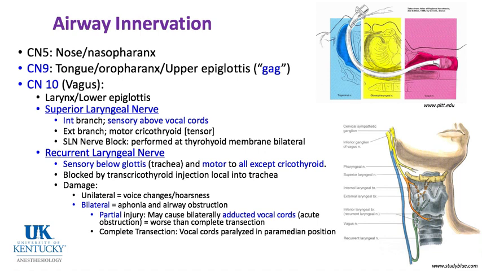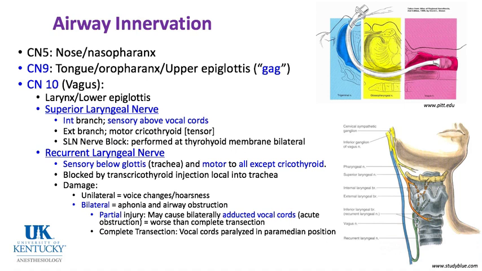We'll begin right with airway innervation, and it being in purple represents the fact that it was a keyword in 2019. Cranial nerve 5, 9, and 10 innervate the airway. And up at the top right in light blue represents cranial nerve number 5's distribution, the nares and the nasopharynx. In yellow represents the glossopharyngeal or ninth cranial nerve, the tongue and oropharynx, and the upper epiglottis, and the gag reflex,